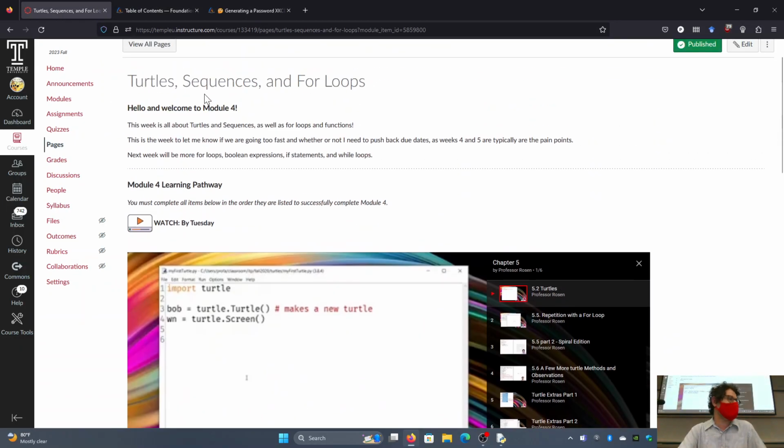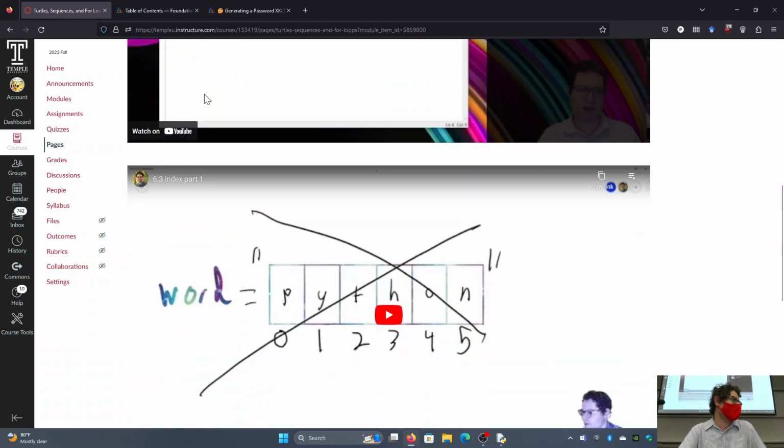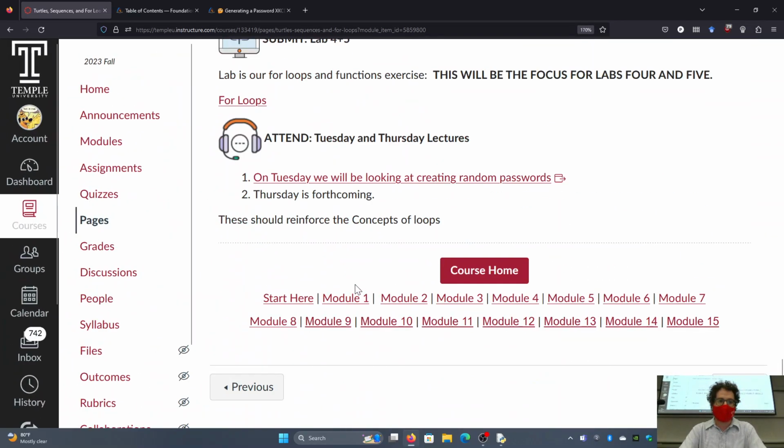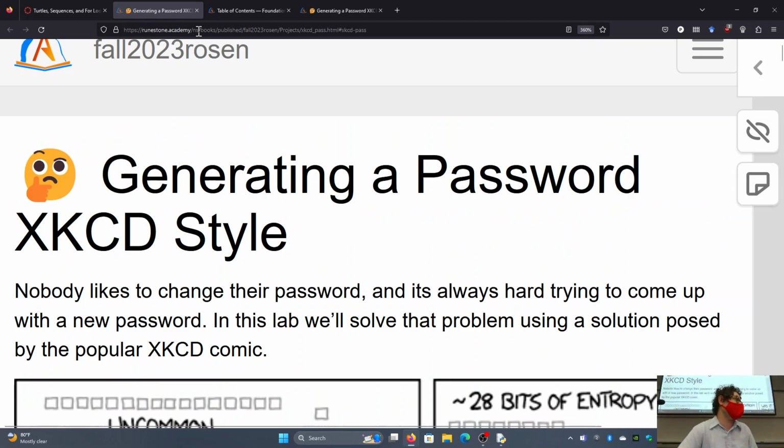Or if you need to find it otherwise and you're on Canvas, you can just simply click on Module 4, and click on the link that I have up on Tuesday, which will pull up the exact exercise. Make sense?